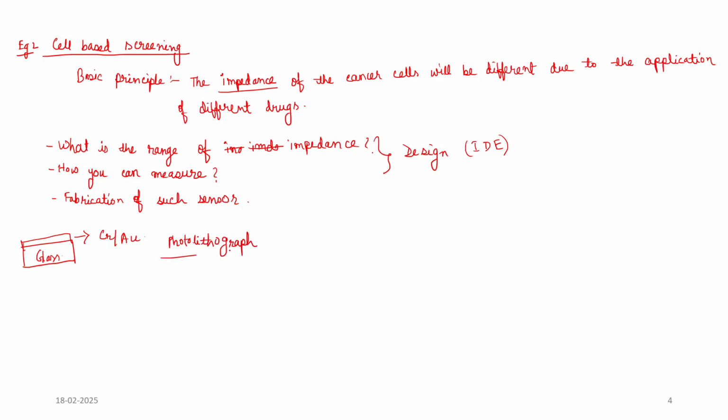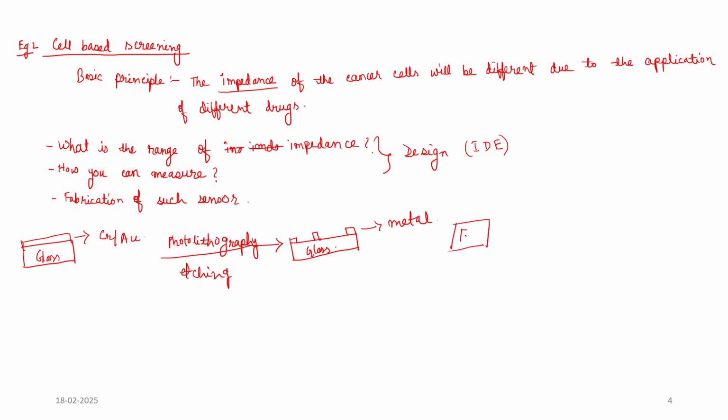So we have repeated the photolithography and etching part, the different steps in photolithography, multiple times, so I'm not going into the details. And finally, you will have your substrate and you will have your patterned metal. So this is metal, which is chrome gold in our case, and this is the substrate, which is glass. And this is the side view, and the top view will be